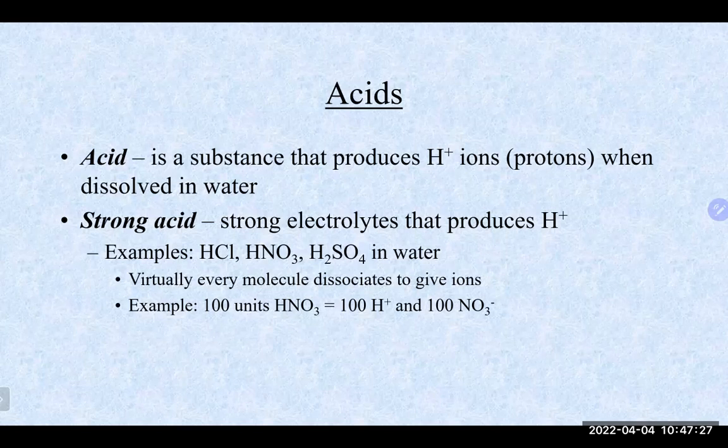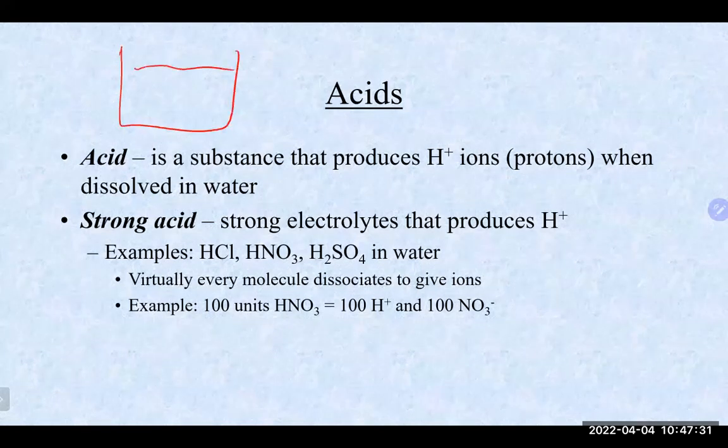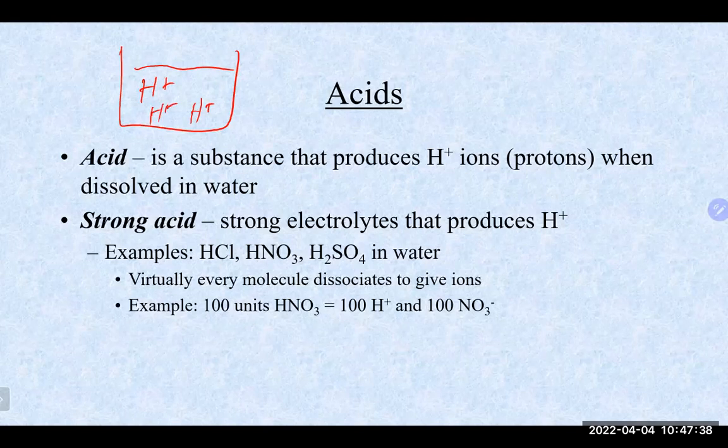But that's basically your definition of something that's an acid: when it's in a solution, it has the ability to produce a lot of times H+s that are free in that solution, basically floating around. There are some strong acids, which are strong electrolytes, and we talked about electrolytes the other day as well. So a reminder that electrolytes are things that when they go for a swim in solution, basically break apart and produce ions. The production of those ions is what helps sort of complete all the circuits, if you will, and conduct electricity